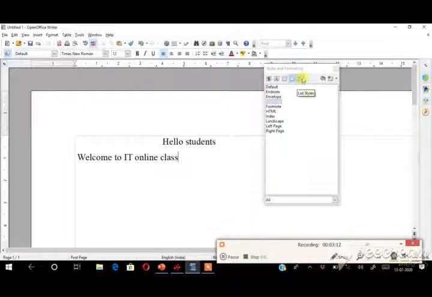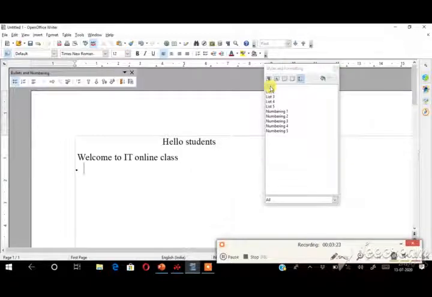And the next one is bullets and numbering. See here, these are the different styles. Suppose I want bullets and numbering in my window. You have to double click, type the content, and press Enter for the next content here. Same like this is the numbering. This is a different numbering style, it will display here. This way you can format your text using the Styles and Formatting group.